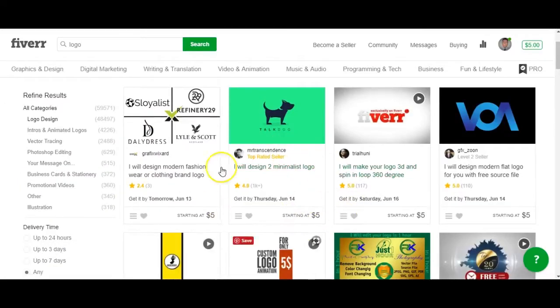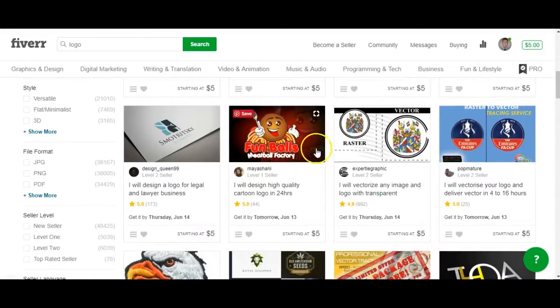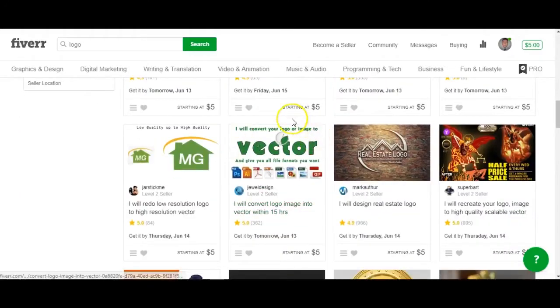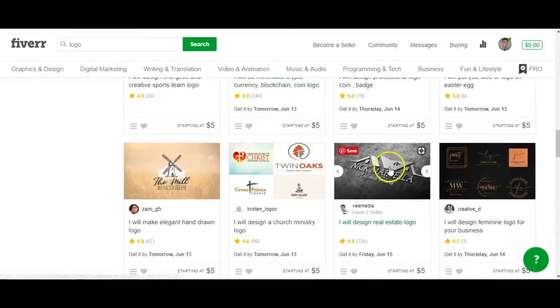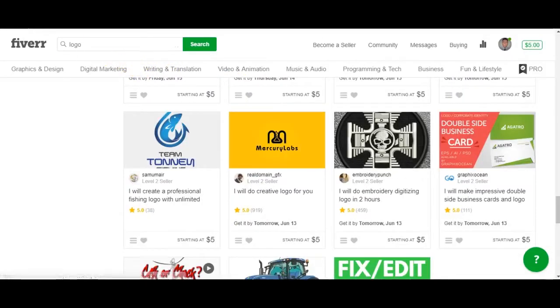And all of these people do a lot of good work. And so highly recommended. I've used it a lot. I know a lot of professional companies that utilize it. And also the people that work on these logos typically are very responsive and keep on top of it. They will make changes, and if there's something you need to tweak or don't like, they can easily do that. So Fiverr is highly recommended for a logo.